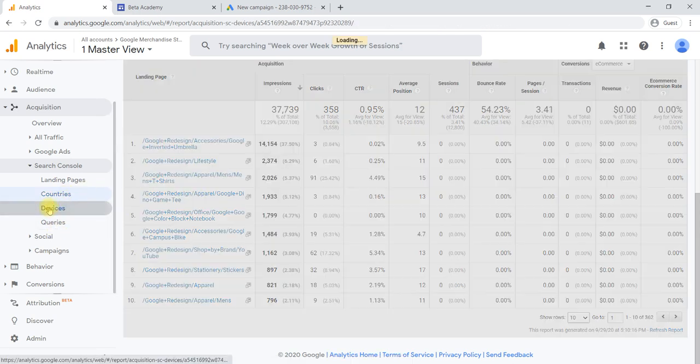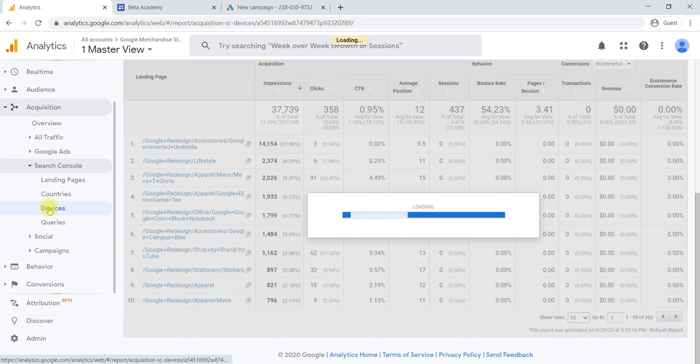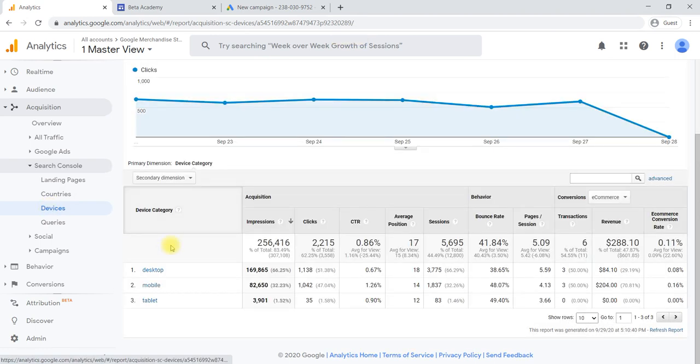Then device analysis. Device is nothing but which type of device they are using to search for your product. Is it desktop, mobile, or tablet? Once we come to know that, our product display should be friendly with that particular device.